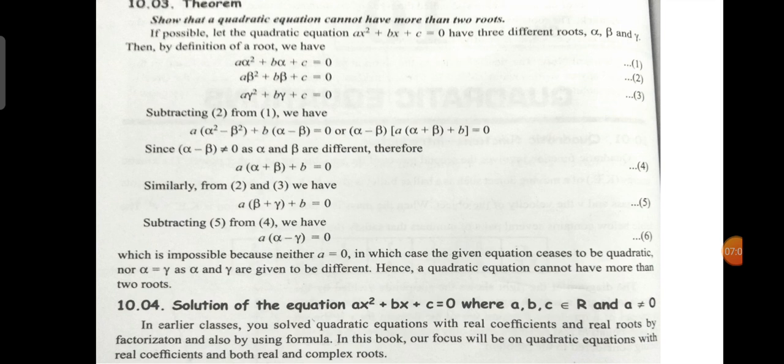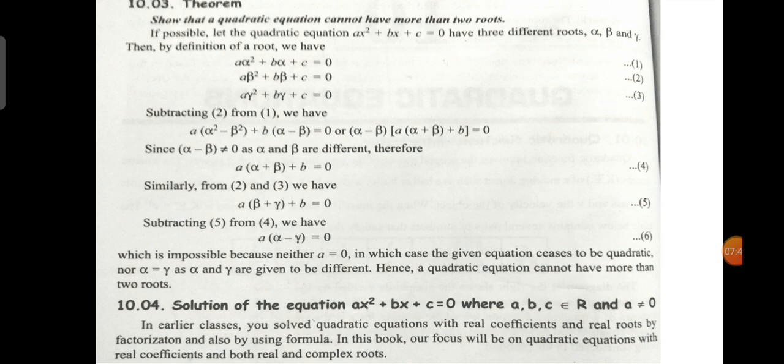If alpha minus beta is 0, it is alpha equal to beta. That is not possible since alpha and beta are different. That means a into alpha plus beta plus b is 0, which we get from that equation. And also if we subtract 2 and 3, you will get a similar result,